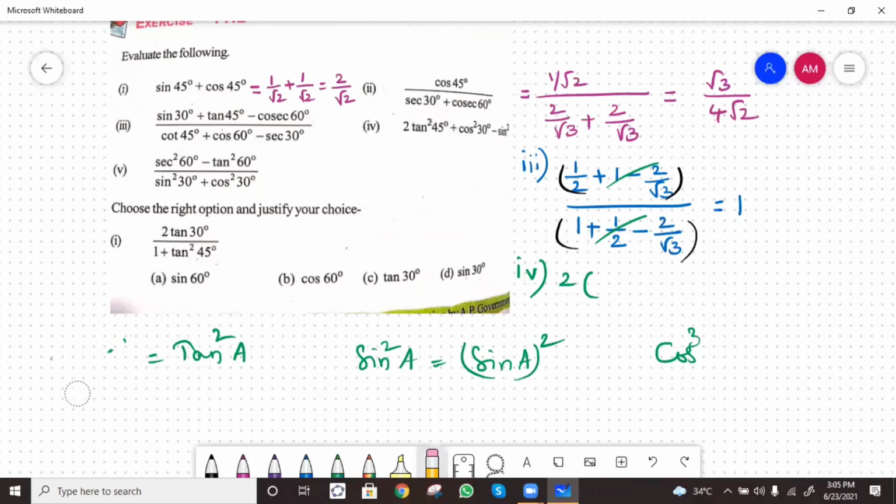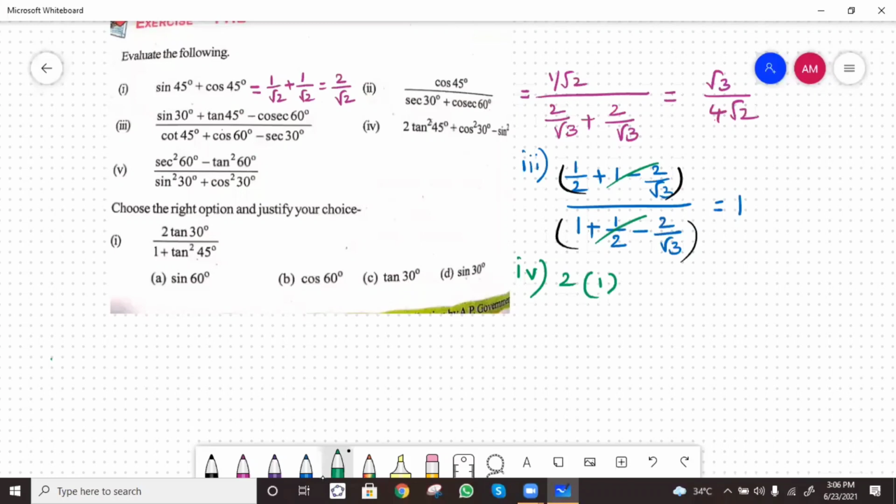So what is tan square A? It's nothing but tan A whole square. Clear? So now give a response. 2 into tan square 45 is nothing but tan 45 whole square. What is tan 45? 1. 1 whole square. Plus cos square 30, that means cos 30 whole square. What is cos 30? Root 3 by 2. Root 3 by 2 whole square minus